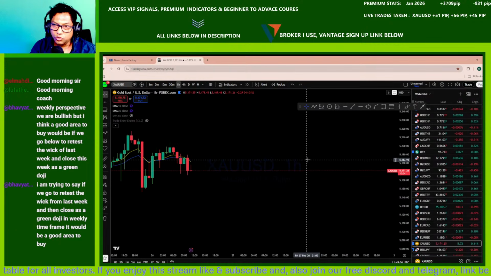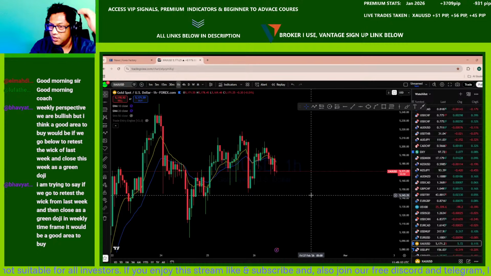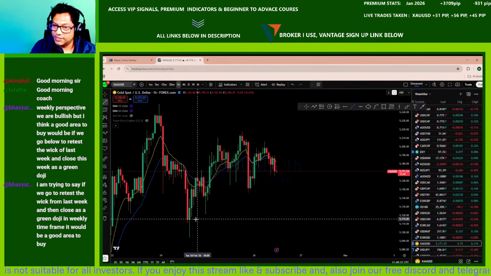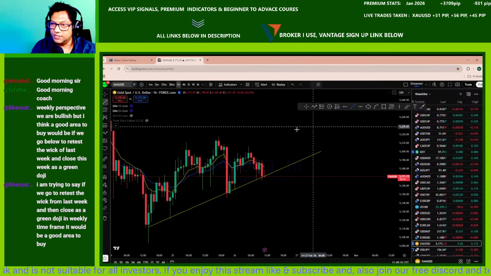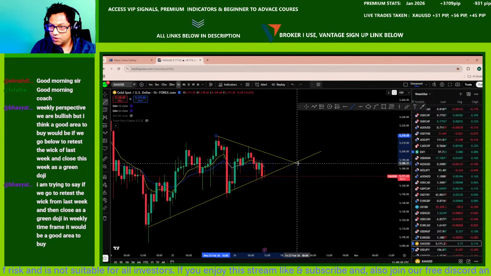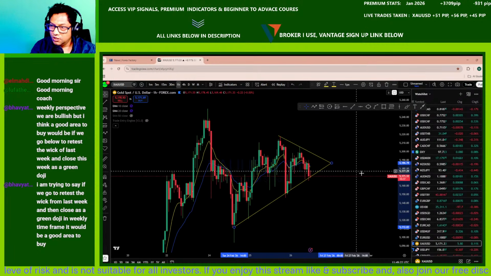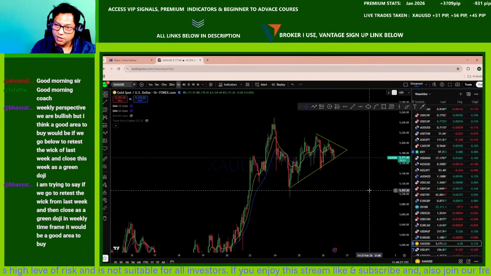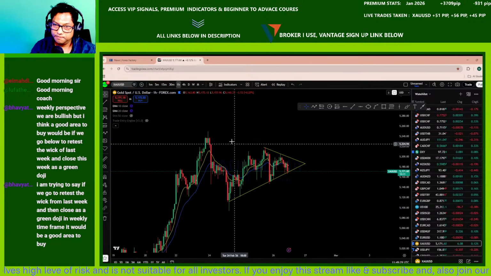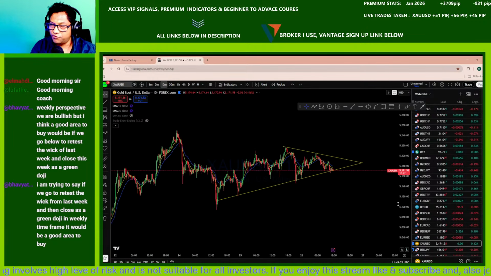Now I'm coming to the lower time frame. So we found that there is potential for upside. Now here is the lower time frame. As we are looking to see that the sentiment is bullish, and we have seen that there is a technical confluence, therefore, we will be looking for a break of the trend line here for us to be able to look for a buy. This is the lower time frame trend line.